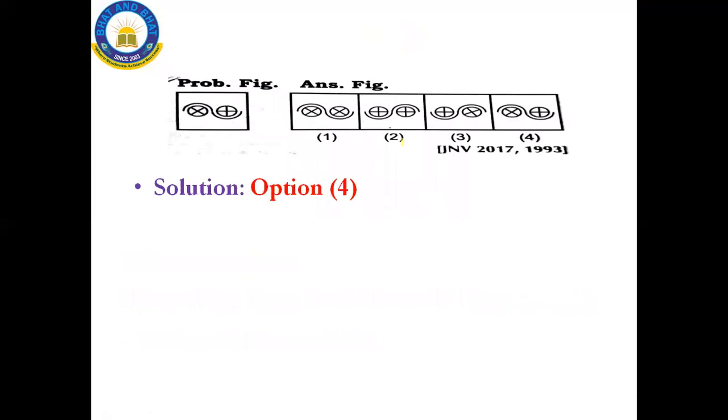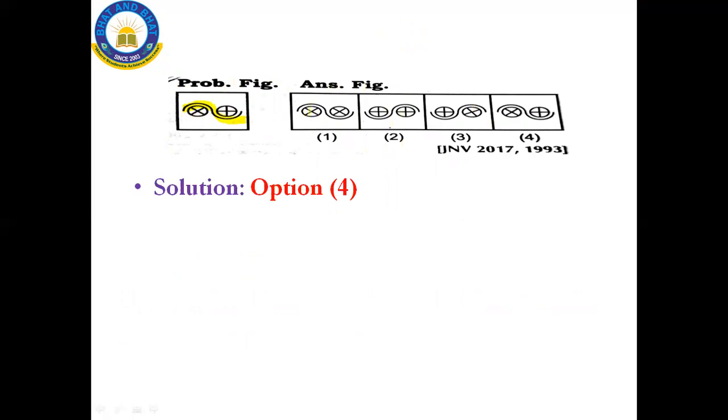This is about your first example. We'll move on to the second example. Yes, look at the second example. Here there is one curve, and it consists of two circles, and one circle is filled with a plus symbol, and another one is filled with a multiplication symbol. Now check the same figure in the following diagrams.